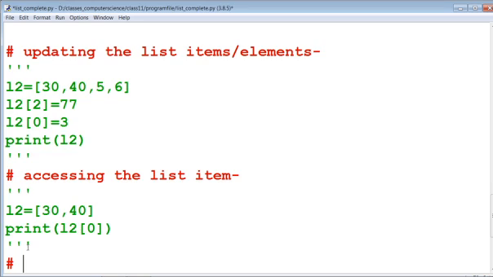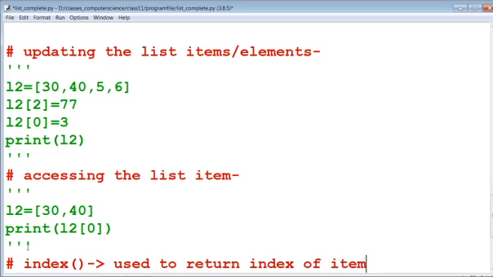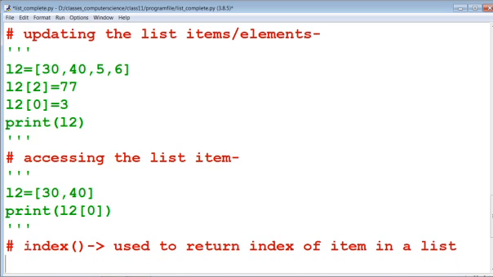Our next one is the index method. The index method is used to return the index of an item or element in a list. Now we can check.